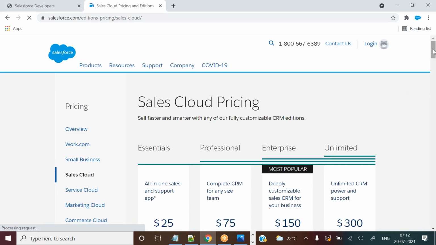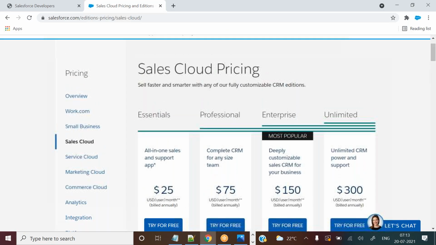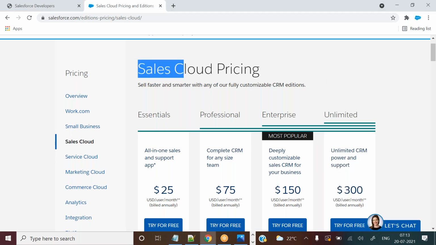Now you can see, as I mentioned in our demo class, suppose a company bought a Sales Cloud license or any other cloud license, they need to buy any one of the editions, like Essentials, Professional, Enterprise, and Unlimited. Any one edition they need to buy.